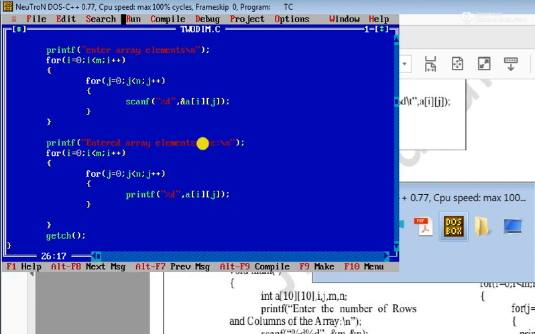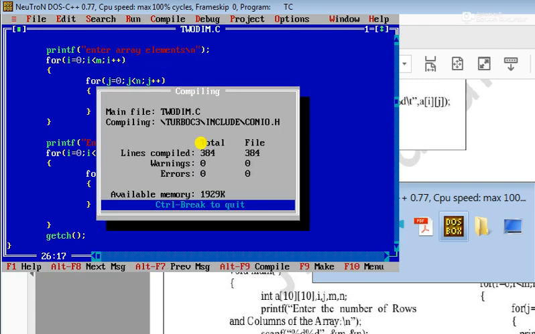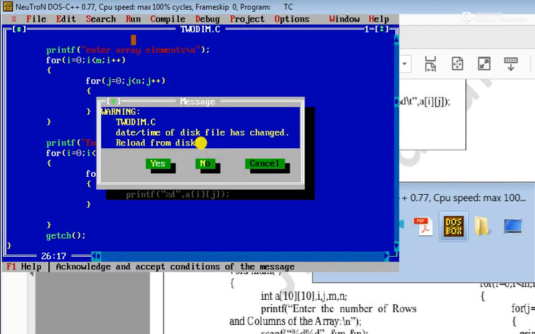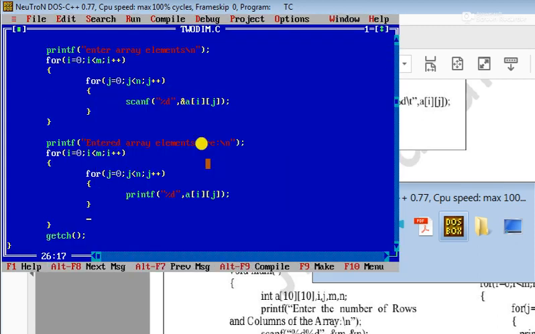So it will not display in the form of a matrix. We are not getting any error. 1 2 1 2 3 4, all elements. So see 1 2 3 4. But you cannot know whether the data is displayed in matrix format or not. So that is why we need to specify \n and \t.